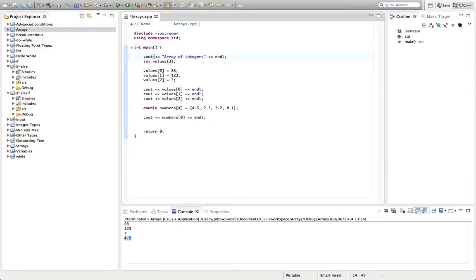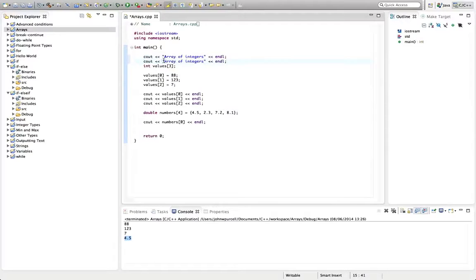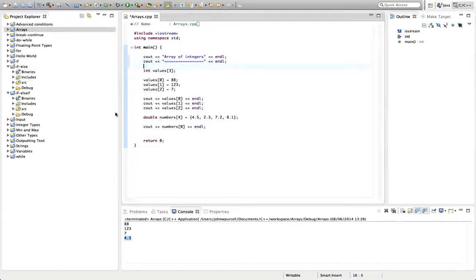And I can also put an endl at the beginning if I want, just to have some extra space there. Well, I won't put it here because this is the start of the program, but I think what I will do is let's just have some equal signs to underline this title. And then let's put this down here as well. So here we're dealing with doubles now, array of doubles. And I'll just auto format that there with Command-Shift-F or